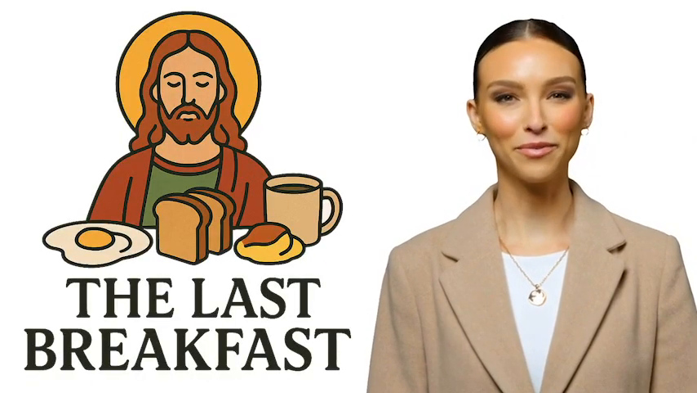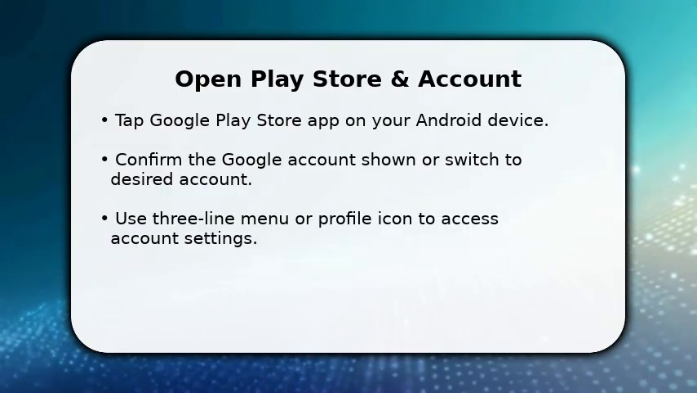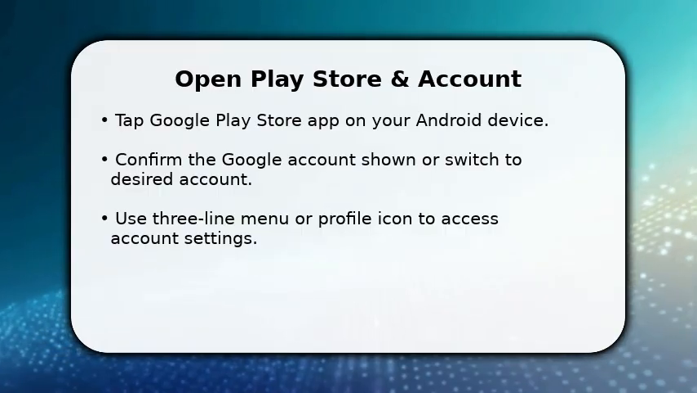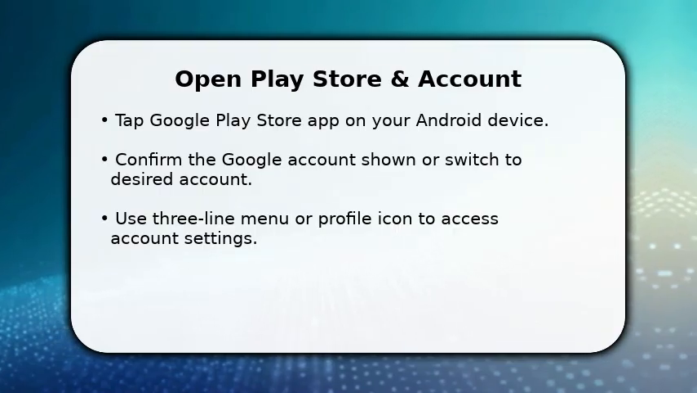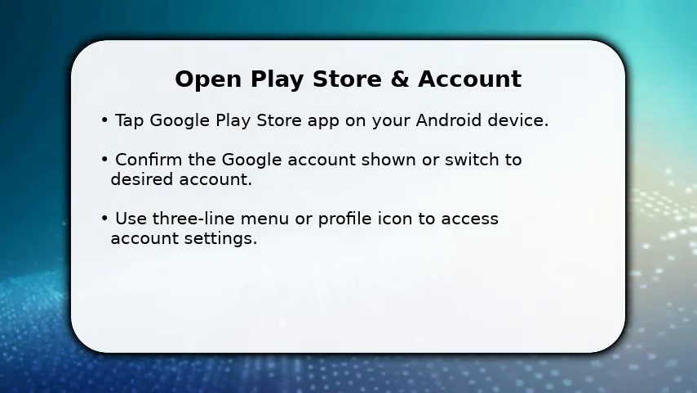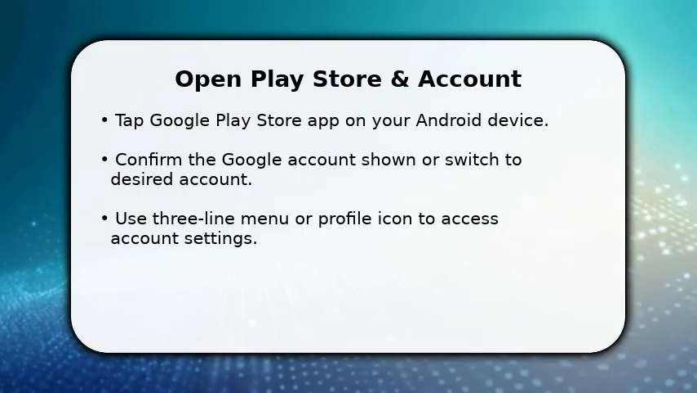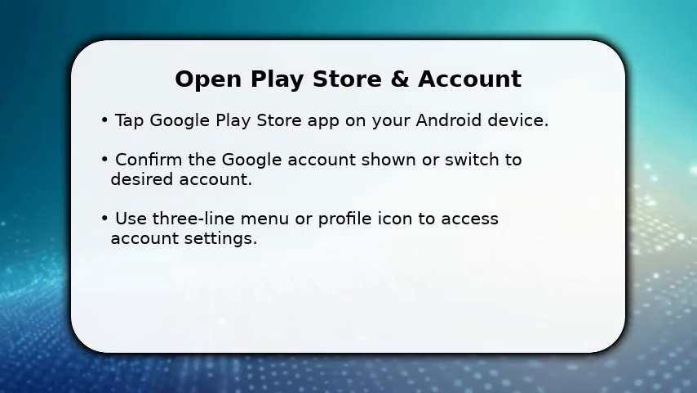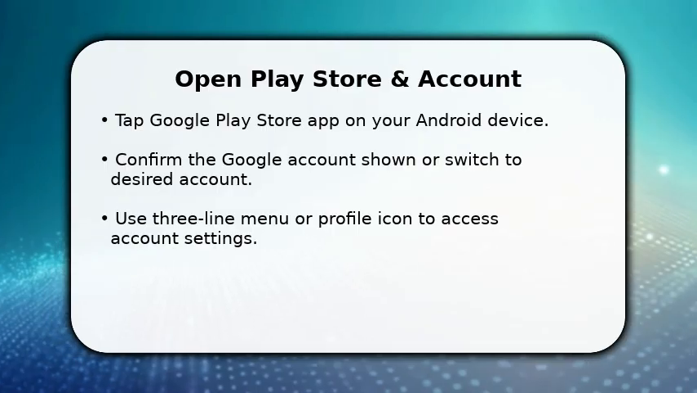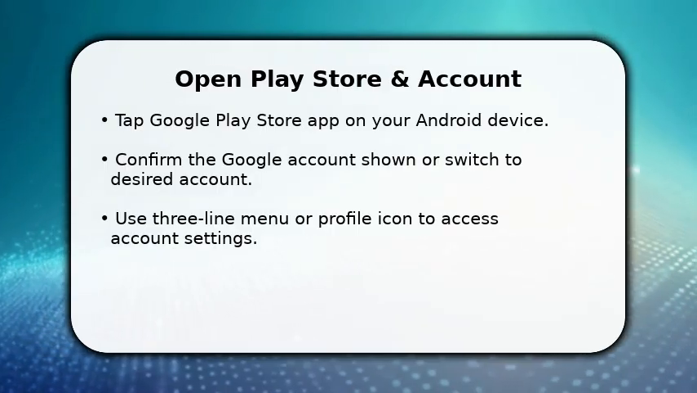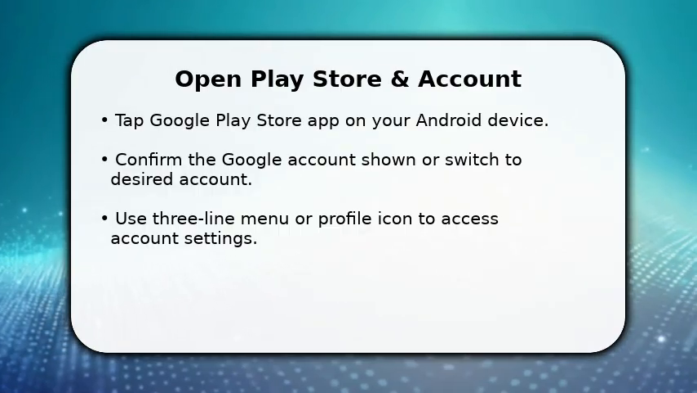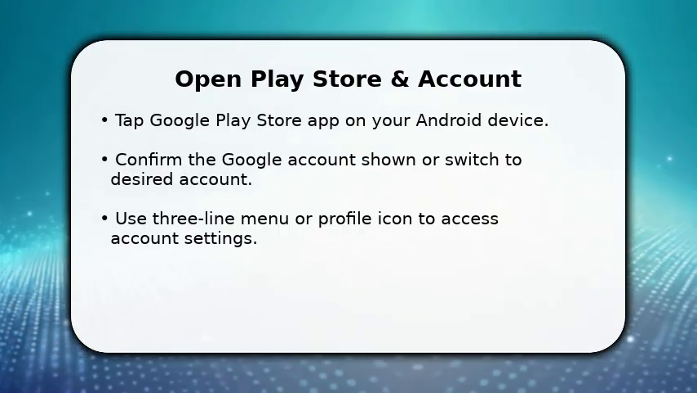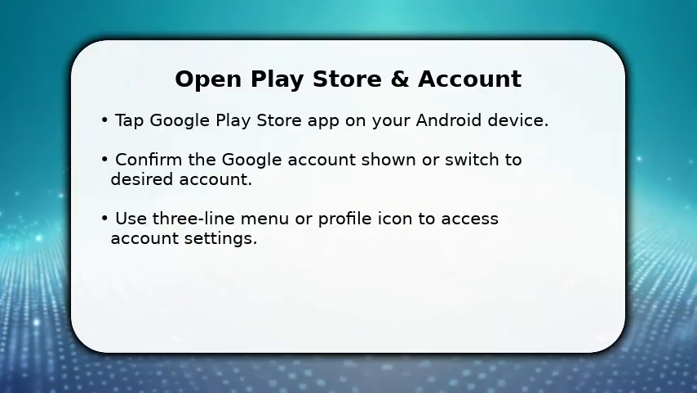Please enjoy the video. You begin by opening the Google Play Store and confirming which Google account you'll use. This matters because purchase and install histories are tied to account identity. Once the store loads, tap the profile icon at the top right or the three-line menu to reveal account options. Make sure you're on the right account. If not, switch now. This first step ensures the history you'll retrieve matches the purchases and installs you expect, preventing